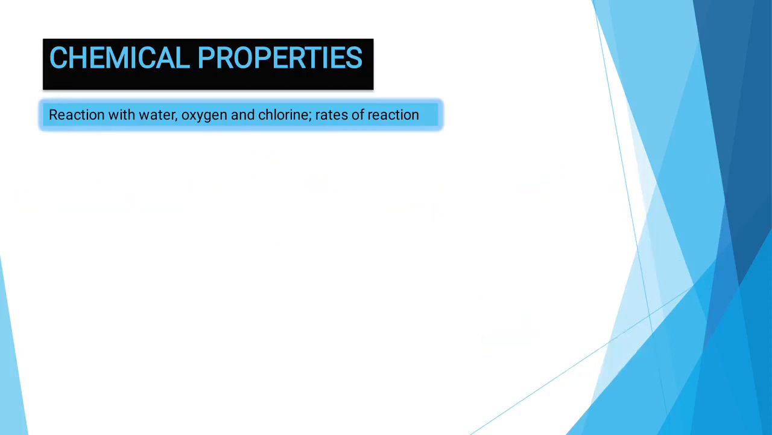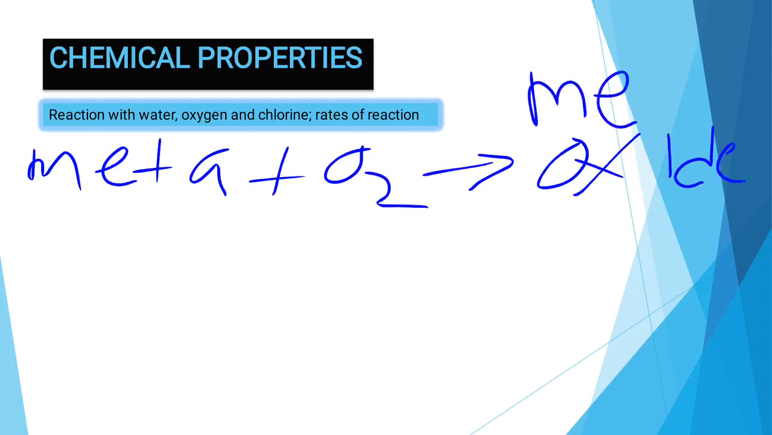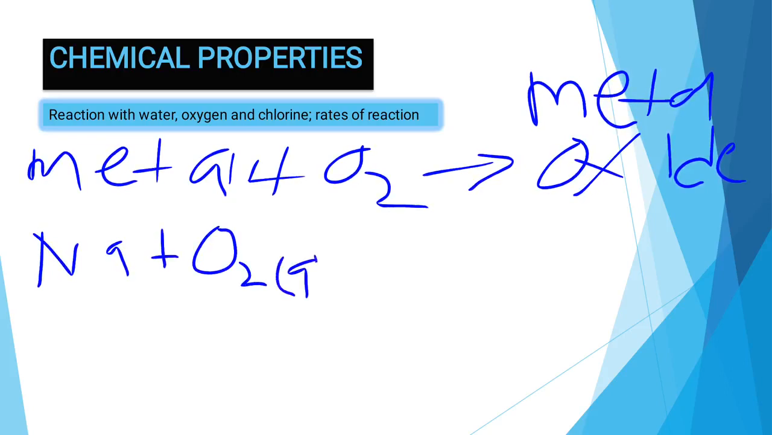The product formed when metals react with oxygen is metal plus oxygen gas. We always form a metal oxide. So in our case, we have sodium as an example reacting with oxygen gas will give us